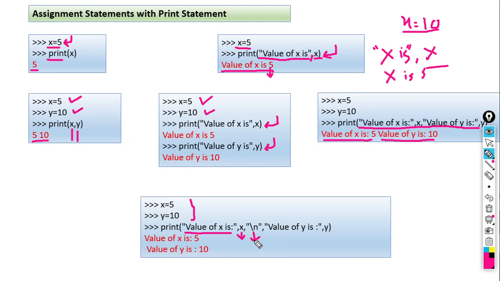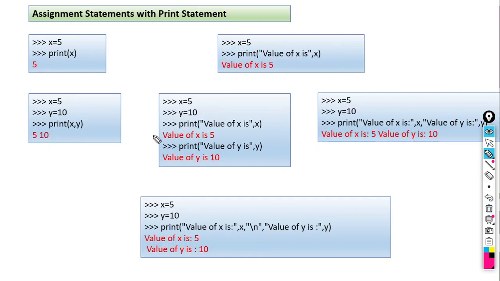But here slash n is given, so it will take control to a new line, and the text given after slash n will print on the next line. So value of y is y. First it gives the output value of x is 5, then it takes control to the new line and displays value of y is 10. The same example we have written by using four different print statements. Logic remains the same, values are the same, but the style of output is different.